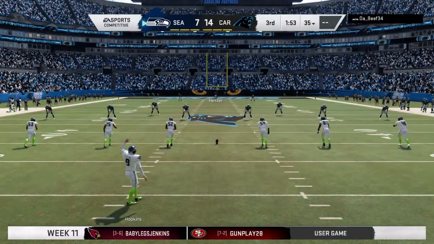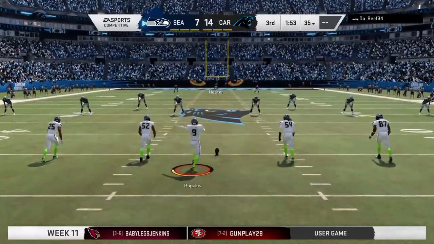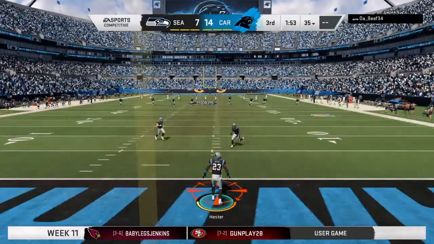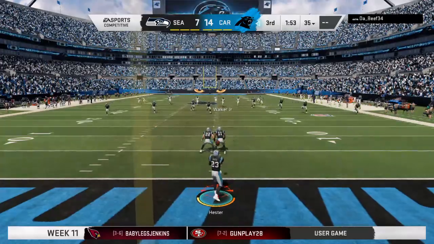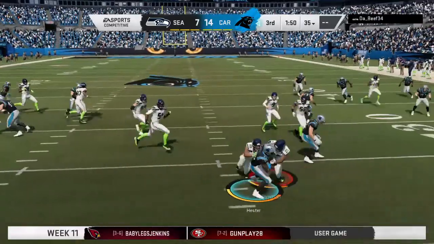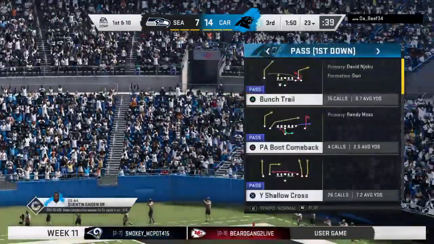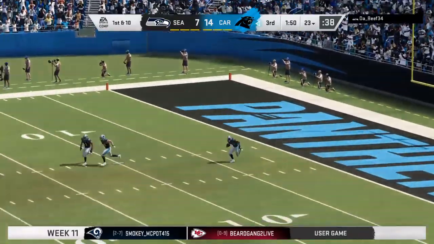Dustin Hopkins set to kick off. Following the touchdown, Dustin Hopkins will kick it away. Fielded about a yard deep. And he'll get across the 20 before he's brought down at about the 23-yard line. At their own